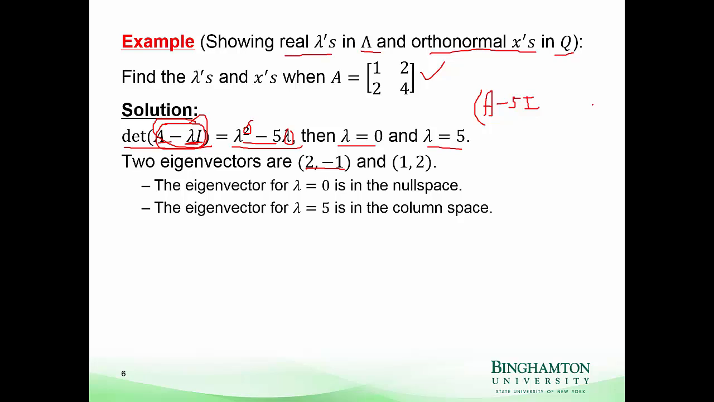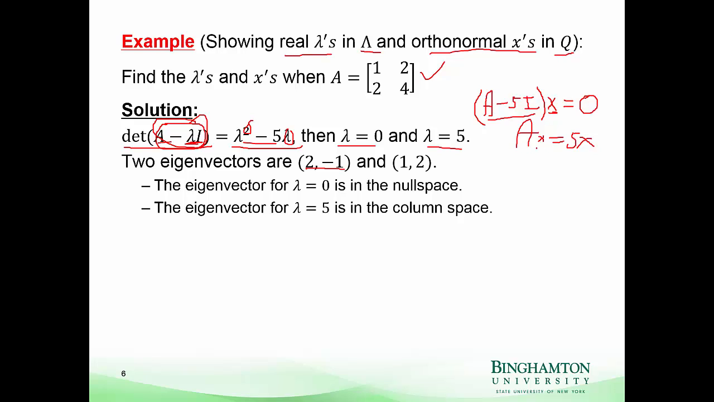And what we need to do is multiply that by X and see that it is equal to 0. So X has to be in the null space of that. But if we rewrite this, that means AX is equal to 5X. That makes sense. So the eigenvector is in the null space of this, but look, it's in the column